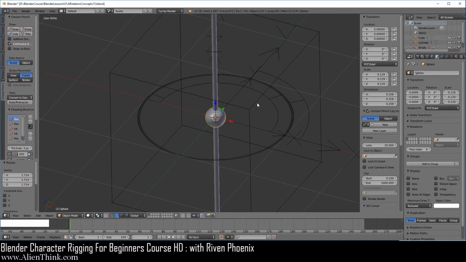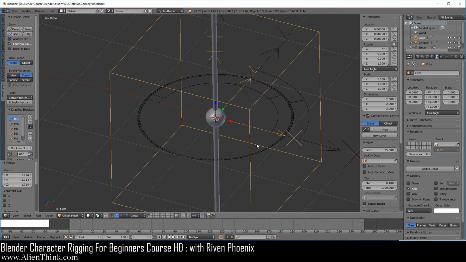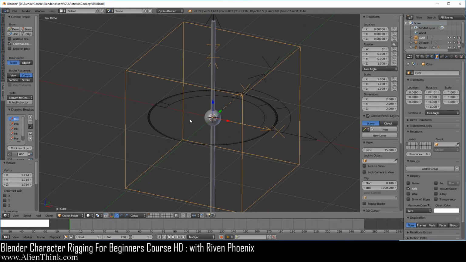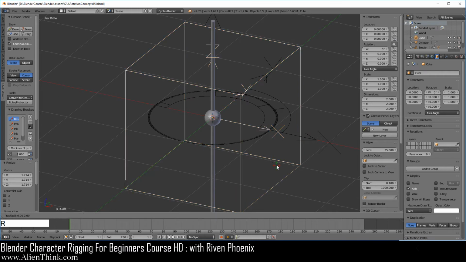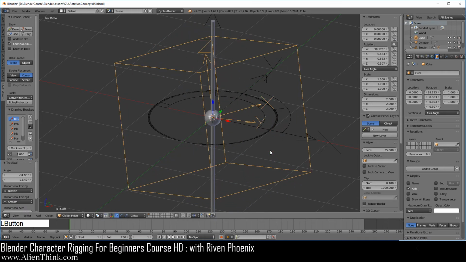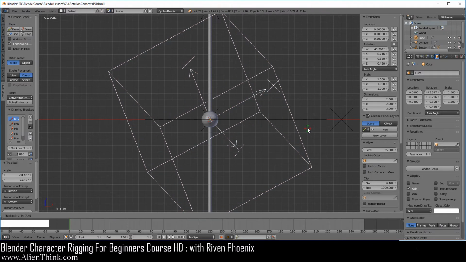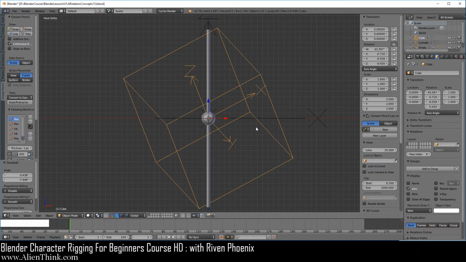Now what I want you to do is click on this cube and make sure that it is set on axis angle. Make sure that the view is kind of like this, and now press the R key 2 times to rotate. Now press the 1 key. Now here I'm going to press the R key again 2 times and just rotate in a way so it looks a little nicer. Okay, and that's it.